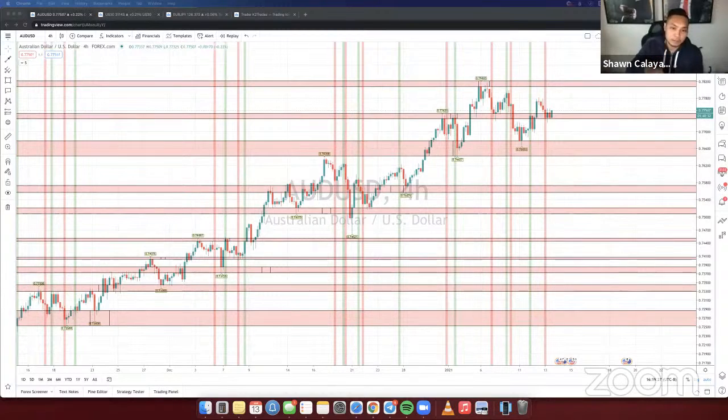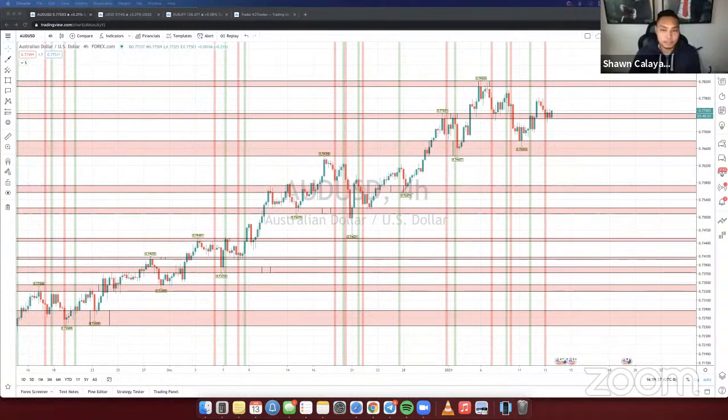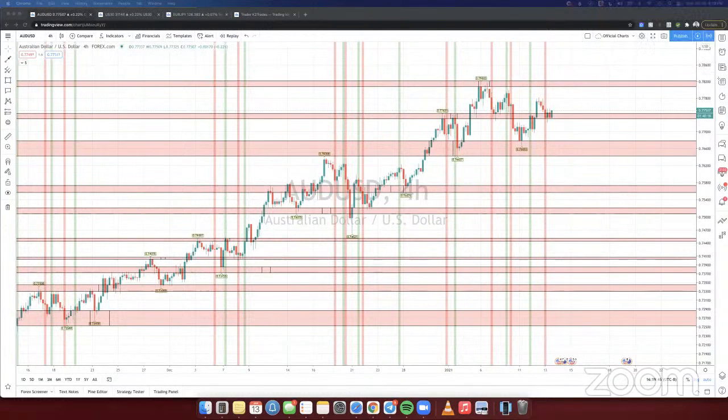Because you hit the zoom out button and it just pops up perfectly, tells you exactly where it needs to be, but it's very much different on the phone. On the phone, I would probably just set your TP at the next zone, and then I would put the stop loss an equal distance away. Yeah, okay, that sounds good.